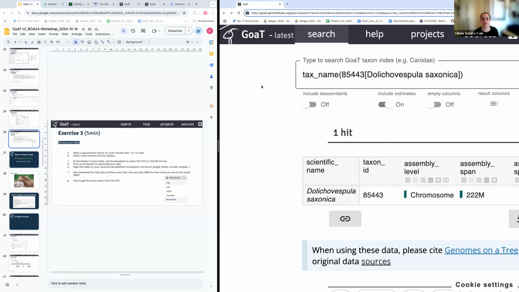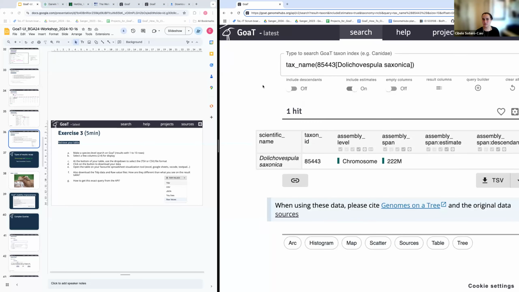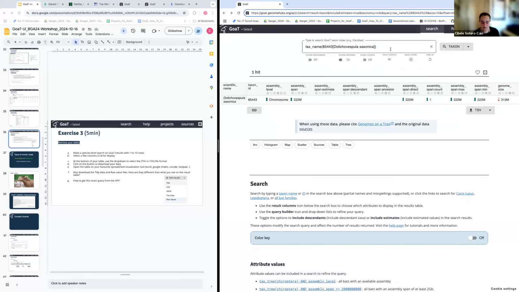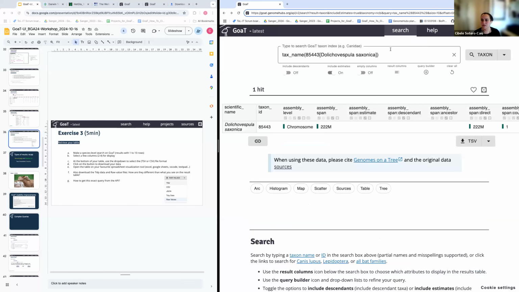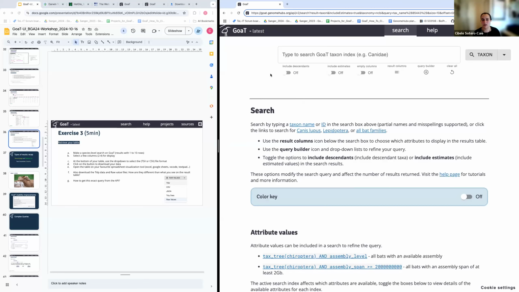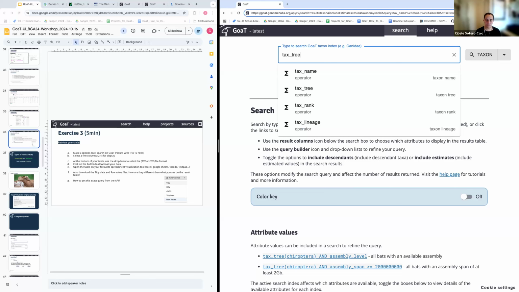So what I'll do here is, where are you, Goat? Help me. Can you still see my screen, or is it too small? Okay. So Goat. Whenever I click here, it goes to the landing page. I can always use the button to clear, and then I start on a clean slate.